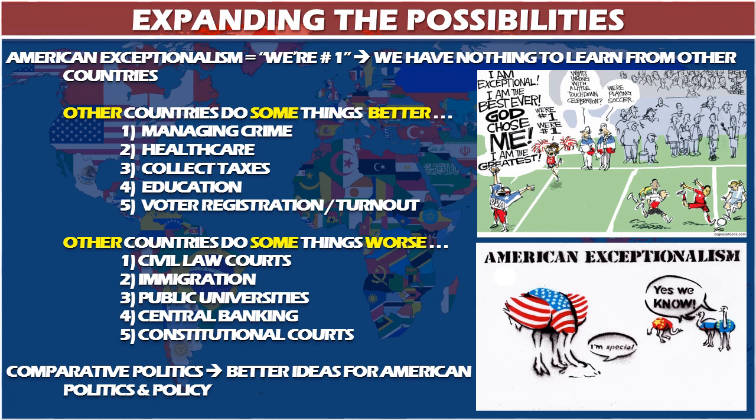Sometimes other countries do worse, and these examples are mostly not because these are things we do particularly well, but sometimes these are things that come under criticism, but I think we do a better job than most. We have very good civil law courts. It's very easy to sue, which means we can get remedies to disputes, and we tend to forget that sometimes other countries do not have these mechanisms, and that can be incredibly frustrating.